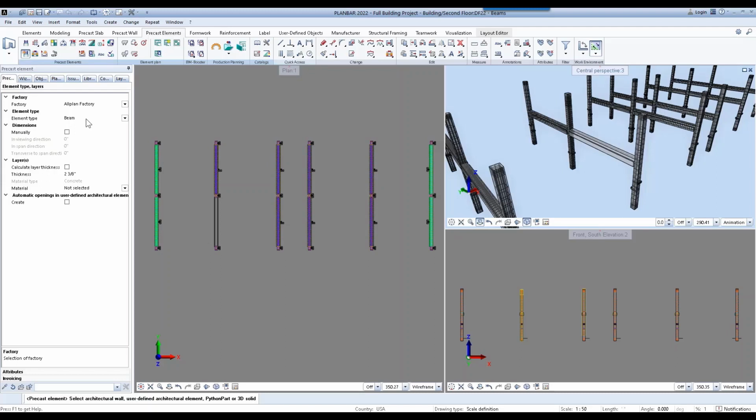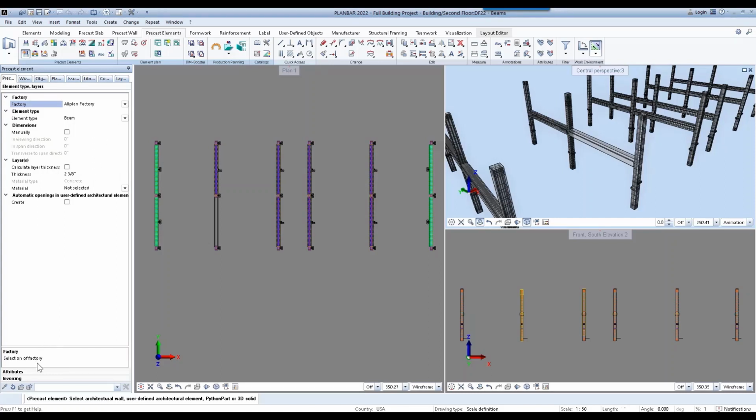with this tool you can select from several different element types: walls, double T, solids, columns, beams, slabs, and then you can also add additional ones if you need to in your configurations. So really you can choose anything that you model to be a precast element. You can specify what factory it's being built out of.